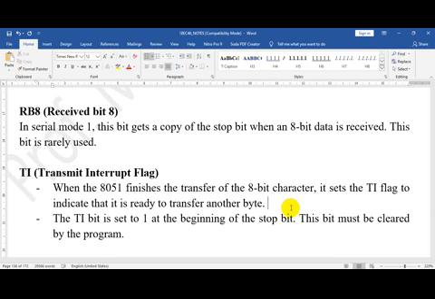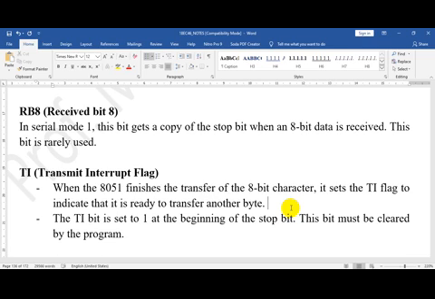When does the controller set this TI flag? As we have seen earlier, when you transmit a character, the character is framed: a start bit and a stop bit are added to that character. First the start bit is transmitted, then the data is transmitted starting from the LSB. When you start transmitting the stop bit, the TI bit will be set to inform the processor that the character has been transmitted successfully and it is ready to transfer the next character.